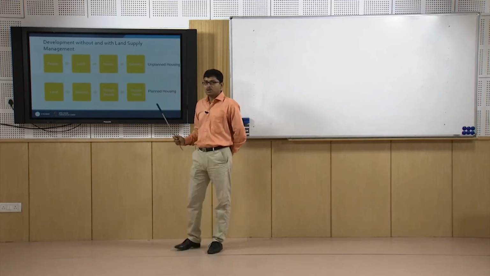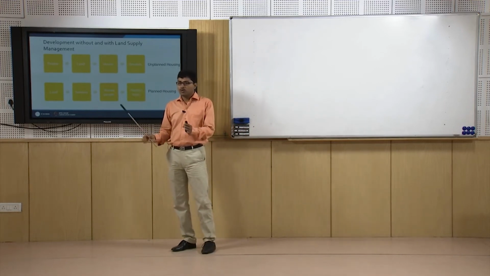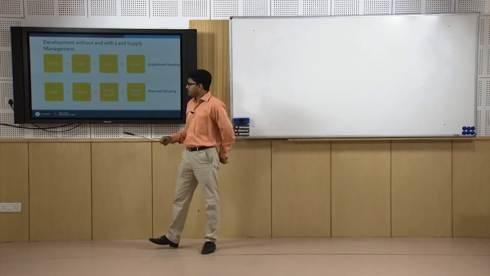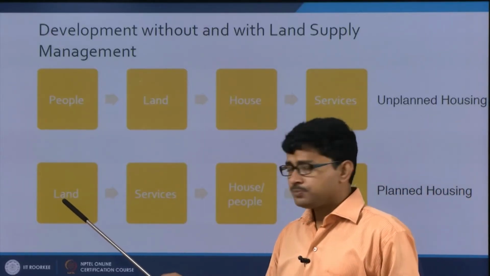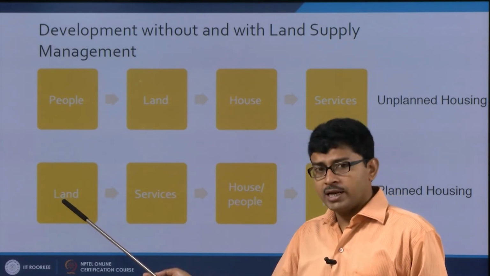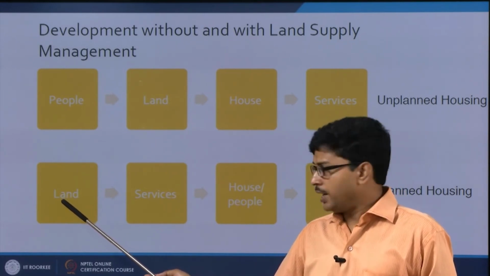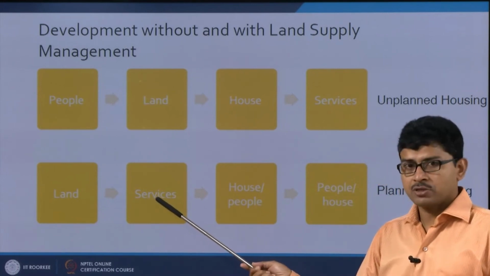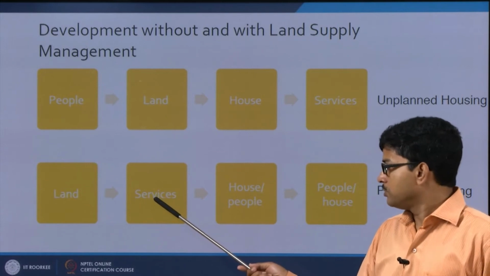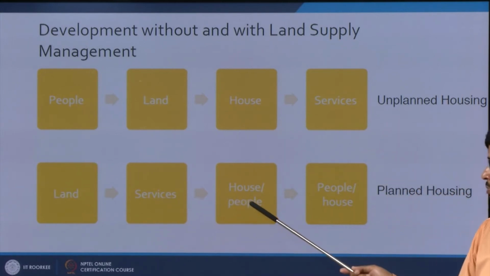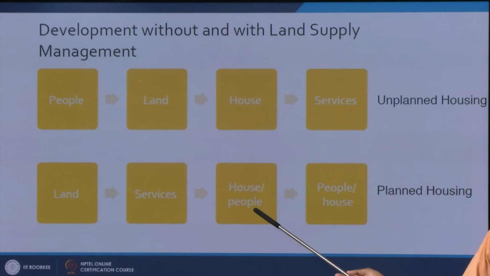Whereas, in planned housing, we take care of the land and services well before the people come. We start with the land, we take the land as the subject, we segregate the land, we plan the land, we assign the land use, we develop the land, and based on that we develop the services or infrastructure like connectivity, water supply, drainage, sewerage, every essential service. Then that land is given to the people, and the people can make houses, or houses can be constructed and then the people come, both are possible. So, this is planned housing.